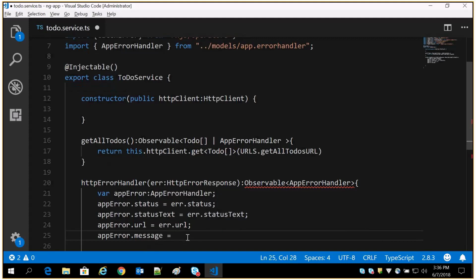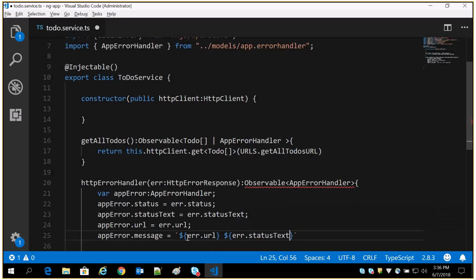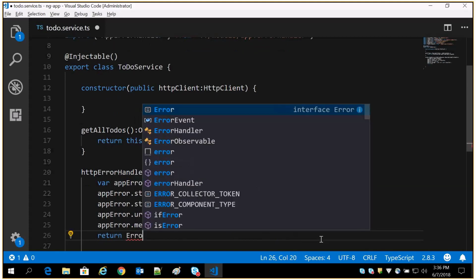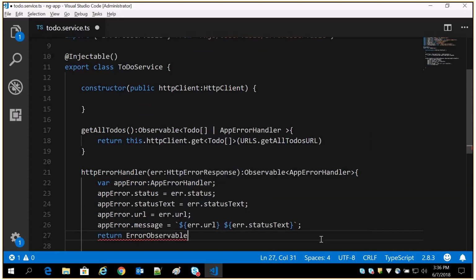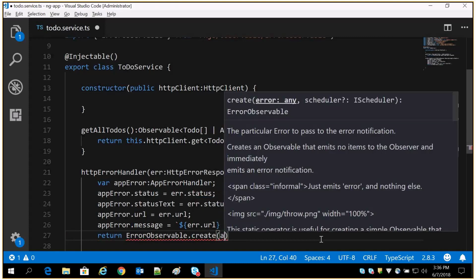I can just combine those two things, like error dot URL, which error, and what is the status text, err dot status text. We can do whatever you want. This is my own message. I'm deciding how I want to send it. Then finally, this is important, return the error observable. Return the error observable dot create based on this app error.